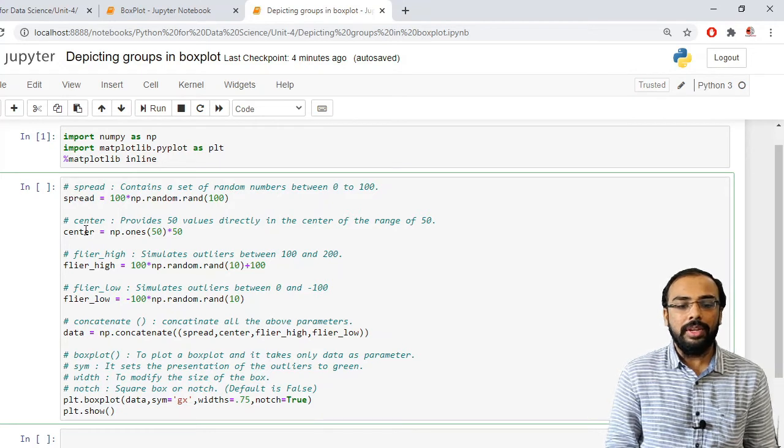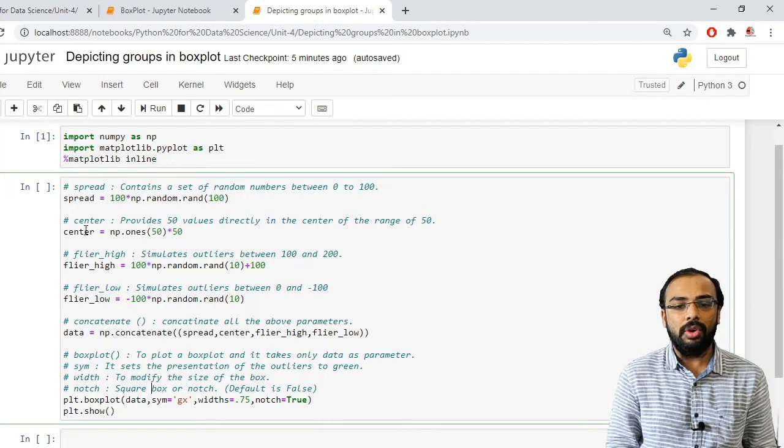It will modify the size of your box. And the last attribute that we can pass is notch. Now what is this notch? In simple terms we can say that it is a square box. By default its value will always be false. So let us set its value to true and check what a notch is.